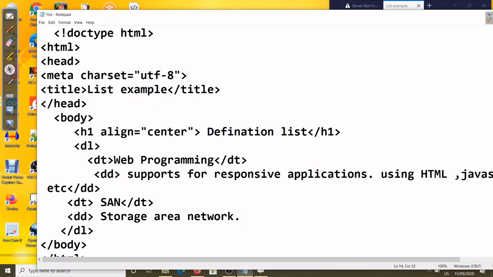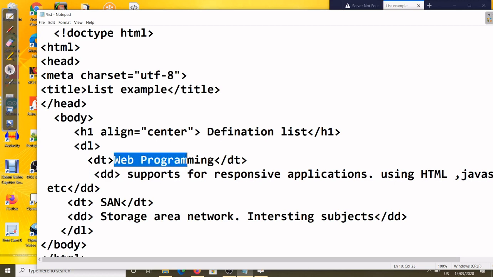Essential, we can put the interesting subjects for storage. Then close the DD. So you see here we started the DL and closed it; inside that is one DT where you write the topic name, closing again, then the DD defines the subject, the definition of that subject, whatever the contents.